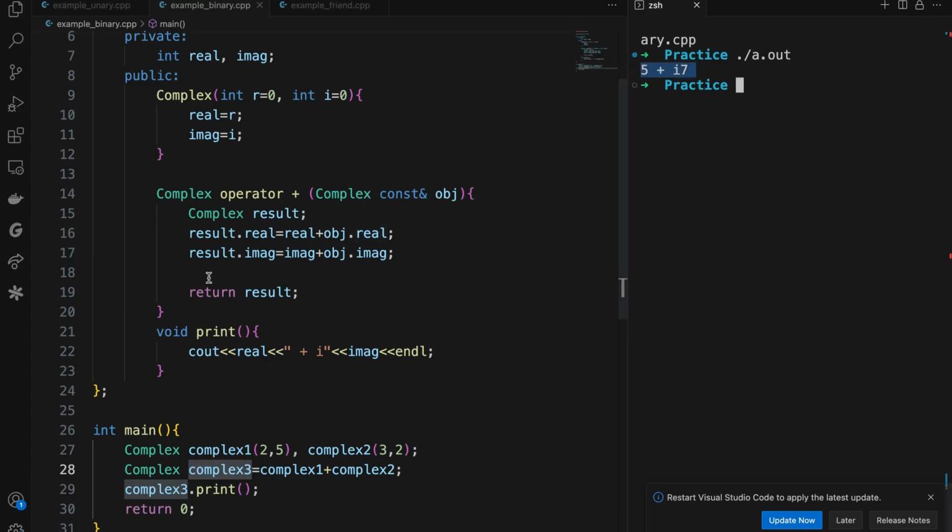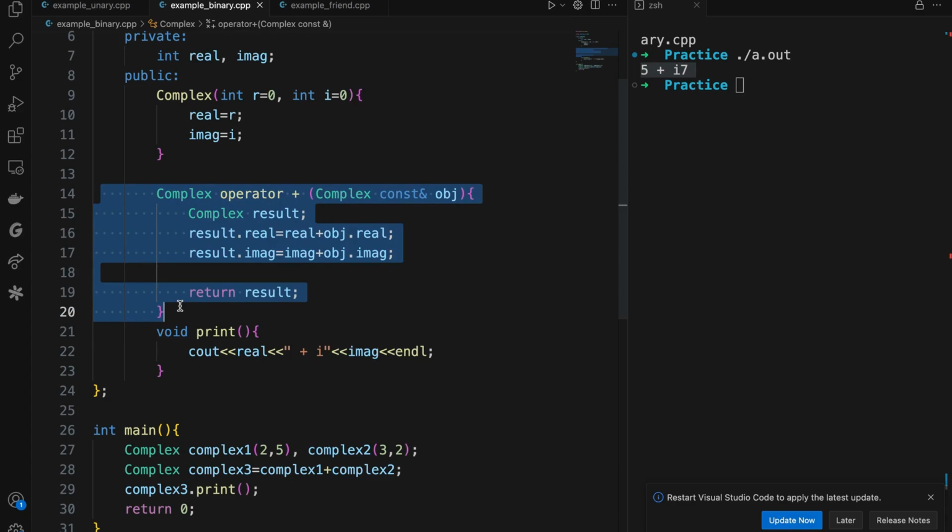And that's what we are seeing here in complex 3 as the result, 5 plus iota 7, right? So we'll understand the working of this function in more detail when we take a look at binary operator overloading. So let's see